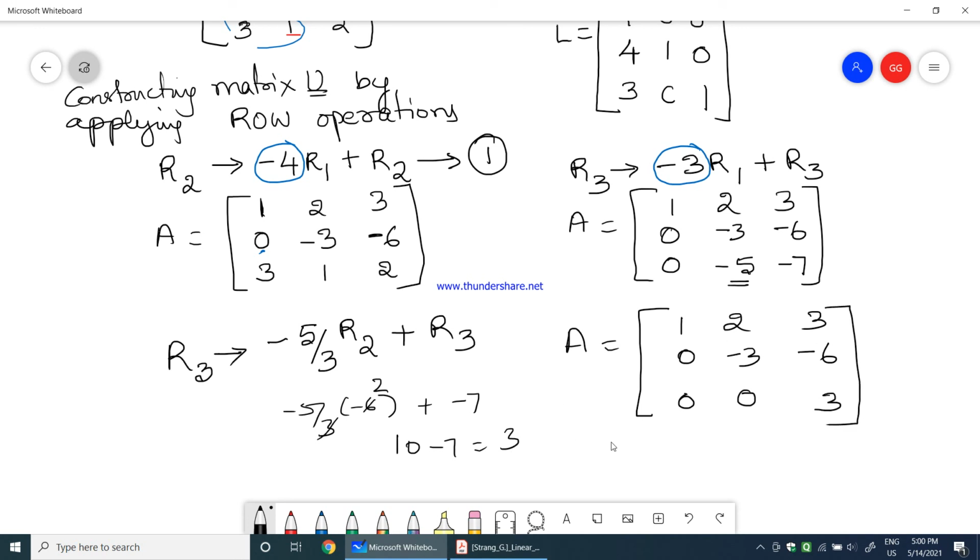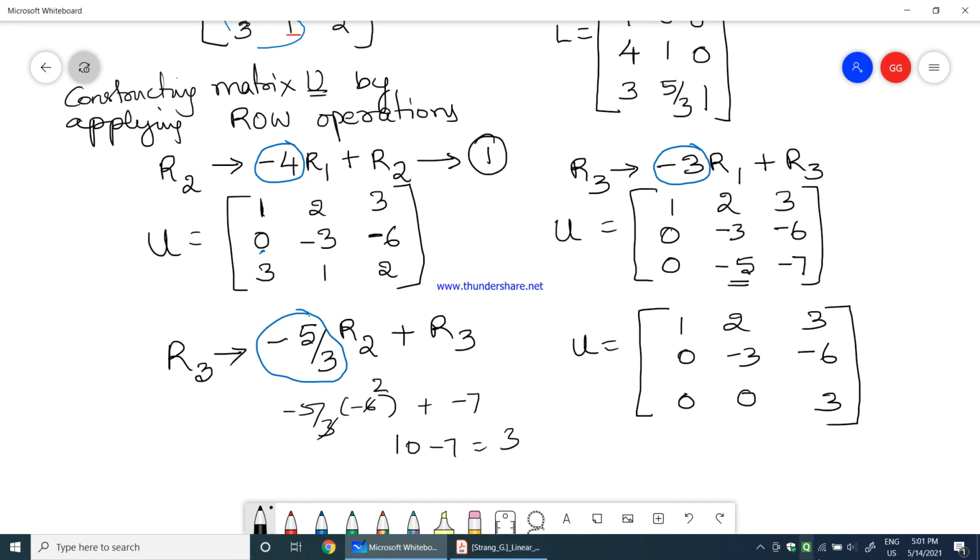Okay. Now this is the upper triangular matrix. I am sorry, I have written A here. Let us not take A here, because now it is not matrix A. It is an upper triangular matrix which we have got. I hope if you compare this upper triangular matrix with the upper triangular matrix which we have got in the previous method, they both are the same. Now the last element in L which should be replaced now, what is that? -5/3 I have taken here. Therefore, here it becomes +5/3.